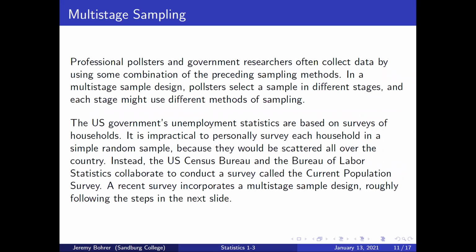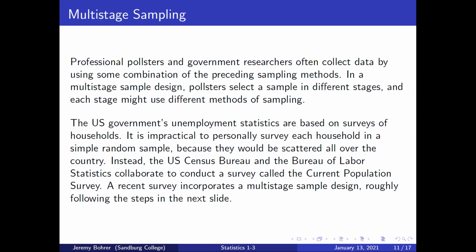Professional pollsters and government researchers often collect data by using some combination of the preceding sampling methods. In a multi-stage sample design, pollsters select a sample in different stages, and each stage might use different methods of sampling. The US government's unemployment statistics are based on surveys of households. It is impractical to personally survey each household in a simple random sample because they would be scattered all over